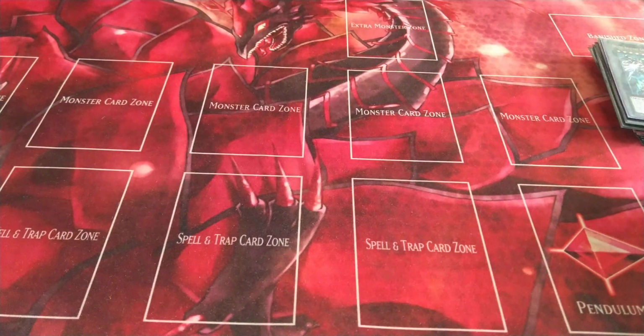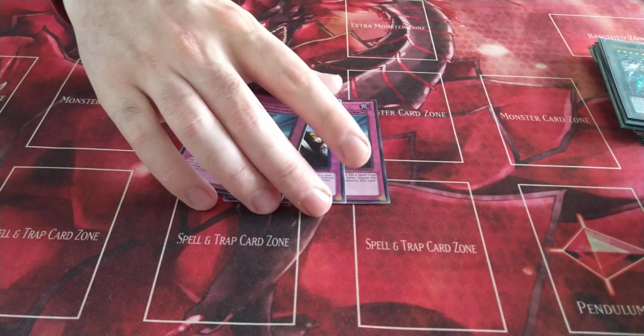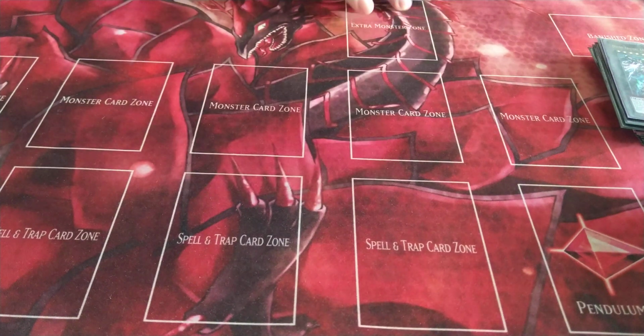And for our side deck, let's take a look. Triple Solemn Judgment. For just going first, you take out one of your hand traps, you play this instead. For disruption,